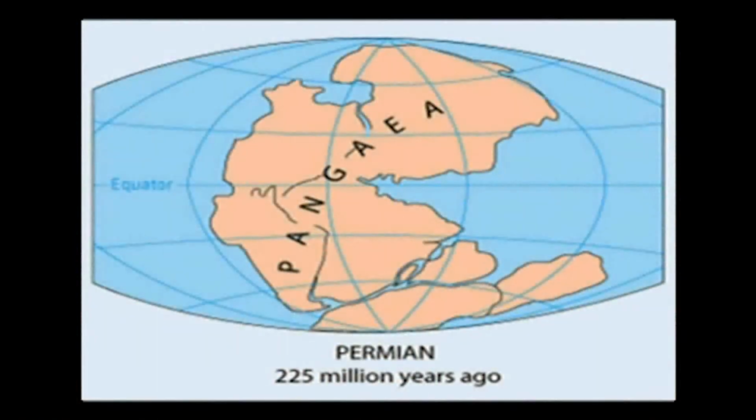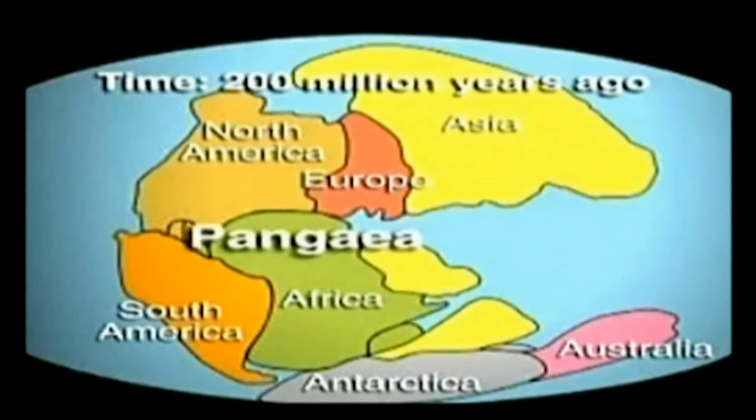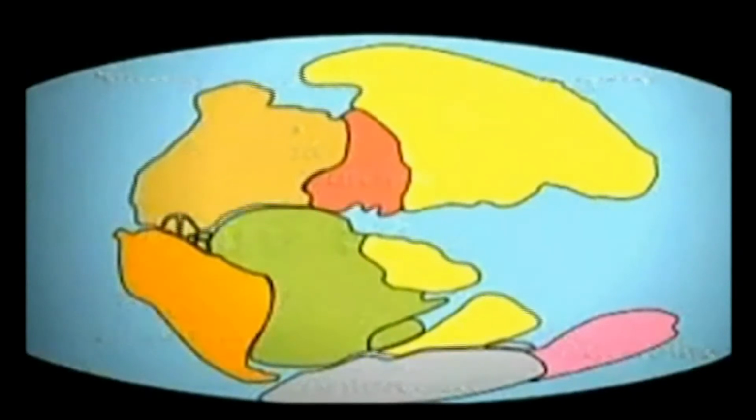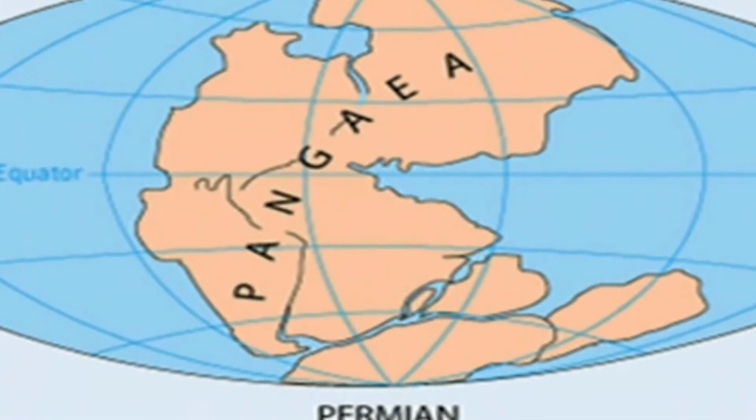Initially, embryonic continents were formed due to cooling. Partial melting of the mantle produced volcanic rocks like basalts that were low in silica. A single continental mass was created. That continent was called Pangaea. The name Pangaea means all earth. Pangaea was a supercontinent consisting of all the earth's land masses. It existed from the Permian period through the Jurassic period. This diagram shows the structure of Pangaea roughly about 225 million years ago.